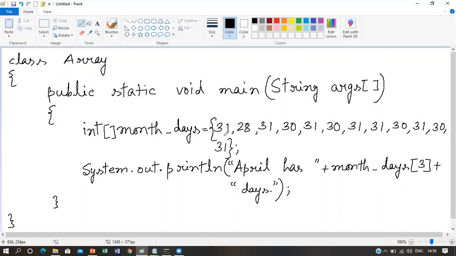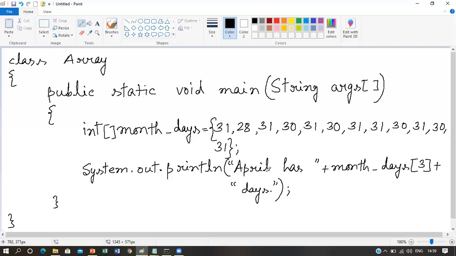Whenever you initialize the array elements like this, the array initializer will automatically assume that the number of elements specified inside these curly braces is the size of the array. So as there are 12 values specified within these curly braces, the size of the array is assumed to be 12. You don't need to specify the array size explicitly like we have done in the previous program.